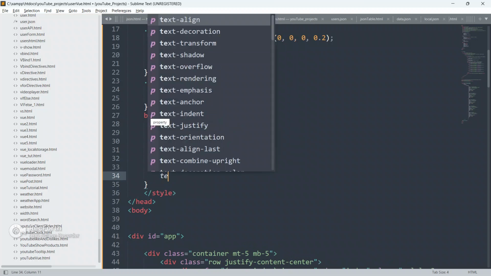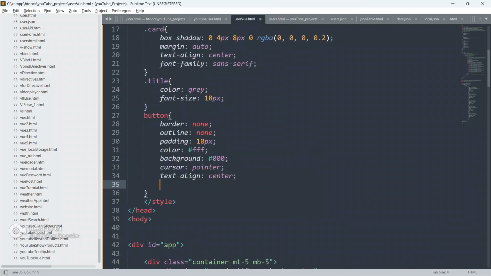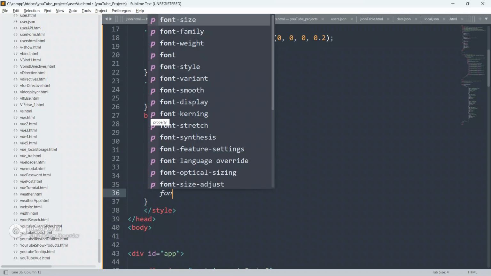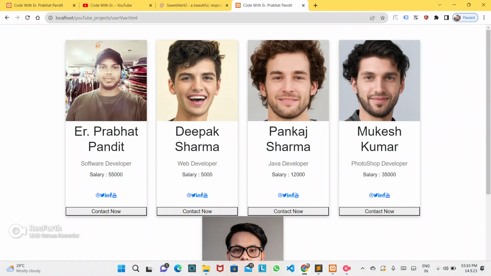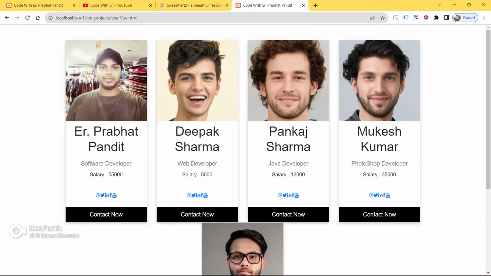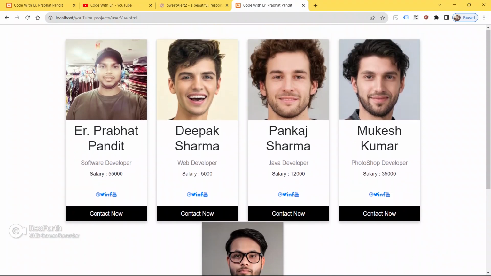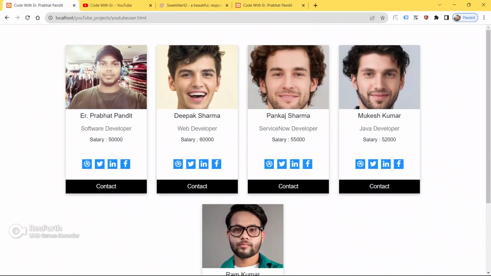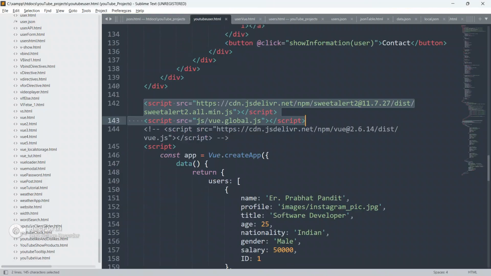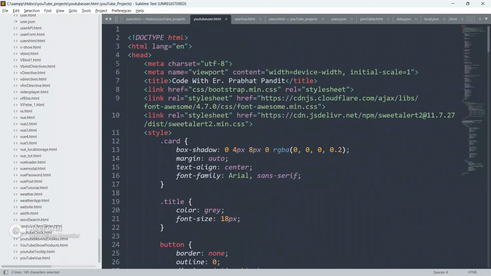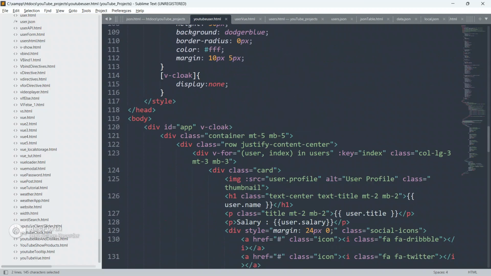Give cursor as pointer, text-align as center, width as 100% and font-size as 18px. Now save your code, go to the browser and refresh your page. See, boom guys, it looks like this now. Let me copy one thing from the example.